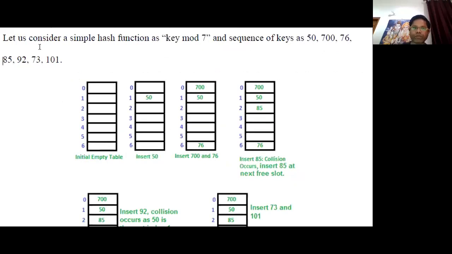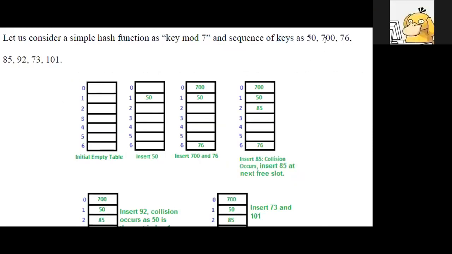Now suppose we are taking a simple hash function, h(x), given by hash of key equal to key modulo 7. So this is the basic hash function that is given, and you have to insert the following sequence of keys into the hash table using linear probing.